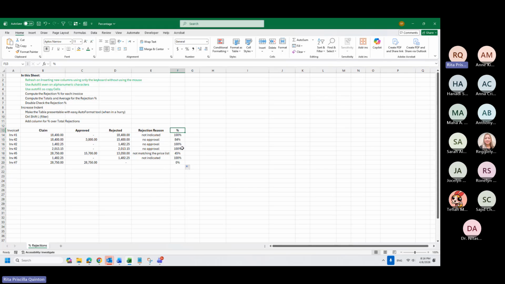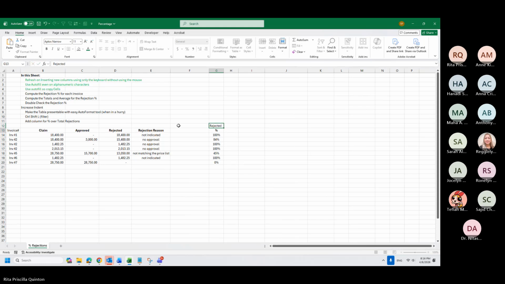So yesterday, so again, I will show the control plus, control shift plus. Since I want to do the approved percentage as well, this is rejected. If I want to know the approved percentage, I can do 1 minus this. This is the easy way.